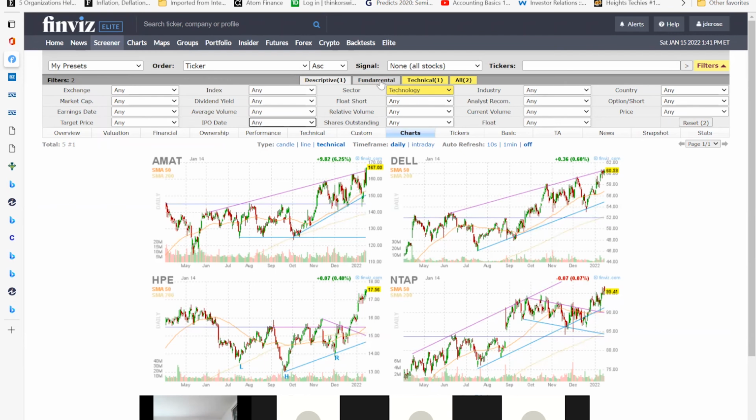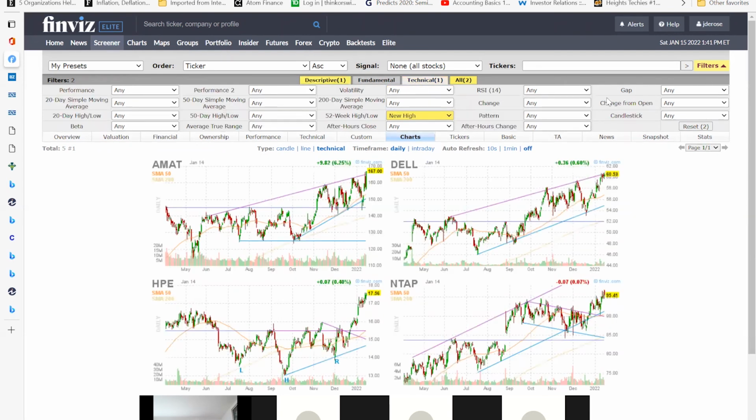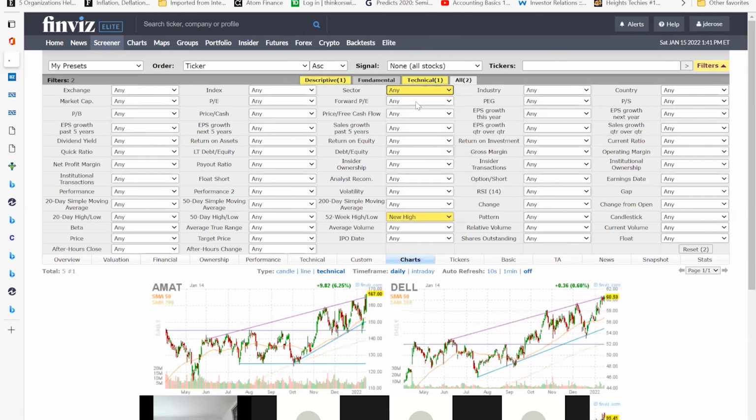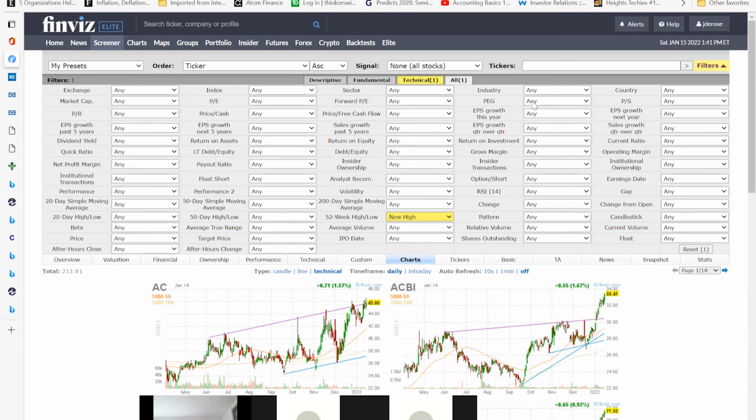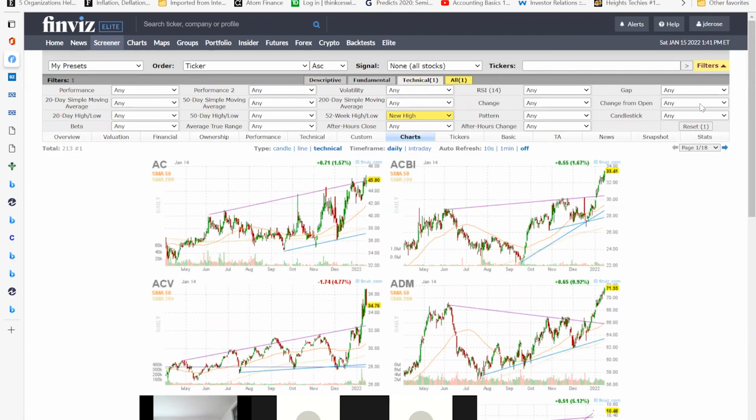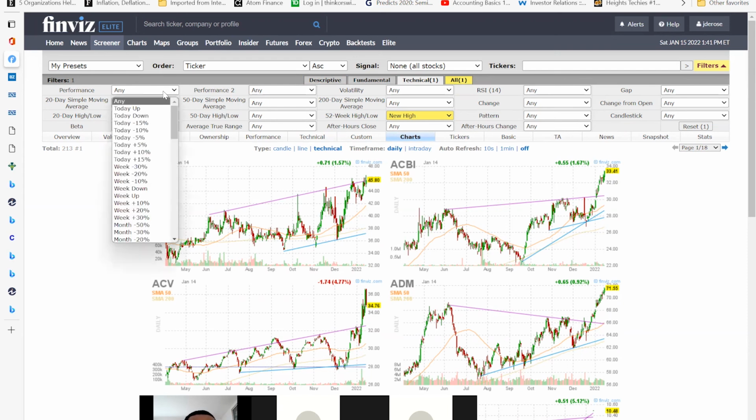How did you do the ones for the gap ups? So you gotta come to technical. Okay, I see the gaps now. Yeah. And then you can click this all, and then you can see everything, but then you get this strict technical. They have gap, change from open. I mean, change from open, like this might be more relevant for day traders, or short-term swing traders, some of these things. You can see, hey, who in the industry, like let's just say